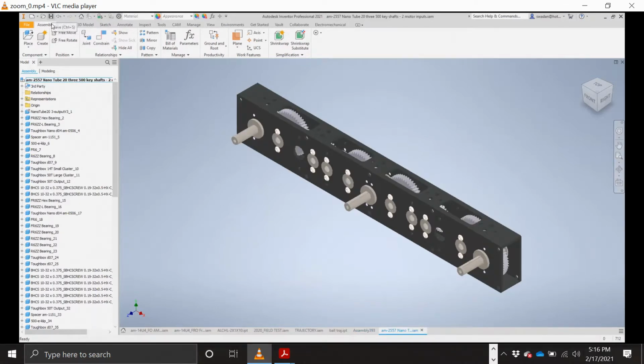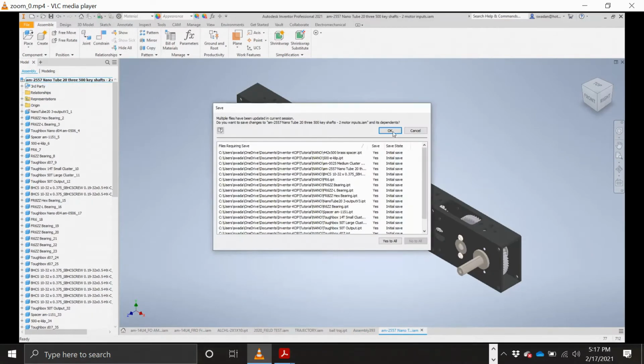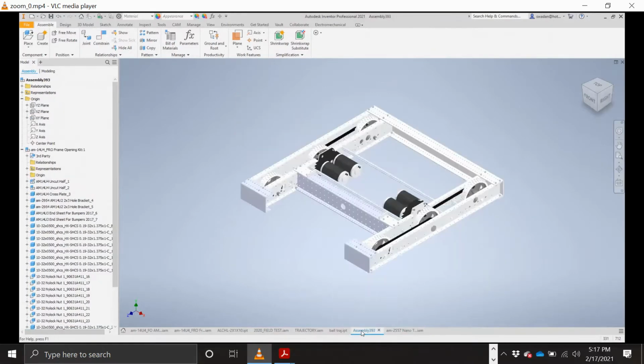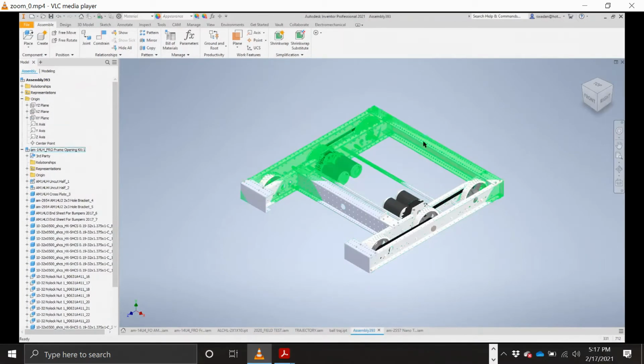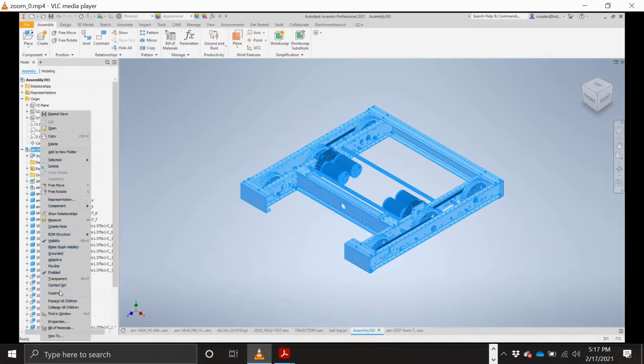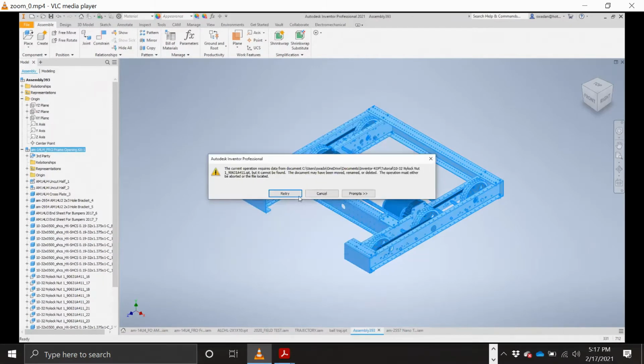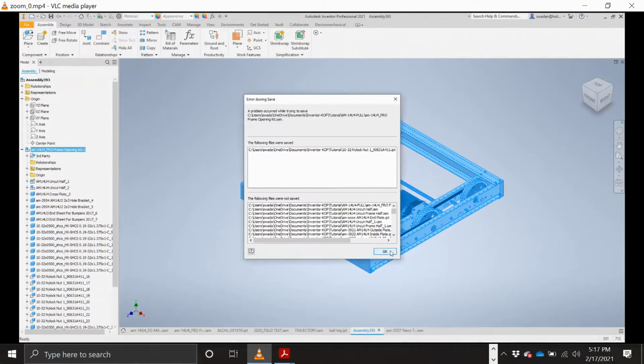The NanoTube is an AndyMark product where you can have your drivetrain completely configured on the left or right side. So I'm going to hide my kit frame here and just show you how you can do the same thing